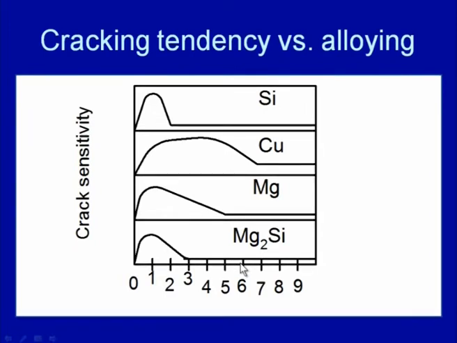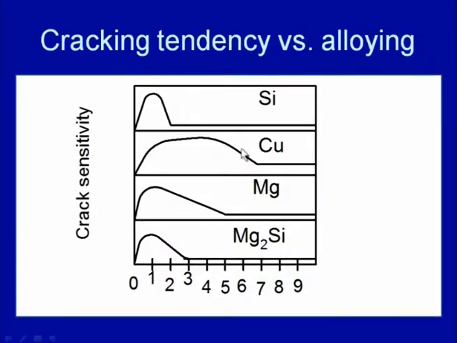So, when we have a large amount of the low melting point phase, it fills up the region which is being cracked, and because of this the cracking tendency is found on the lower side when the concentration of the alloying element is significant. But in all the cases, with the addition of a small amount of these alloying elements, the cracking tendency increases with the addition of all these alloying elements, and after